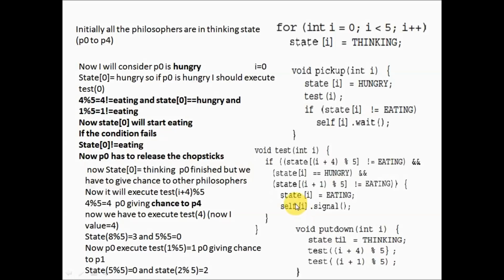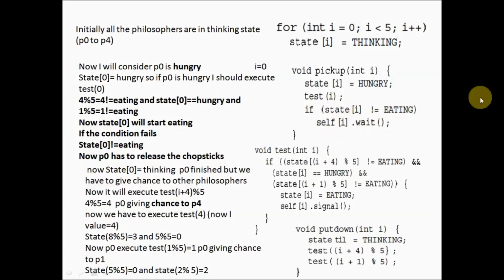Right? So after the eating is completed, it can give a signal. That means, yes, eating is completed. I can put down the locks. See, it can give a signal. Suppose if any of these three conditions, if any of the neighbor is not free, and if it is not hungry, then it will move to the state of I, that is, state of 0 is not eating. Then what should it do?